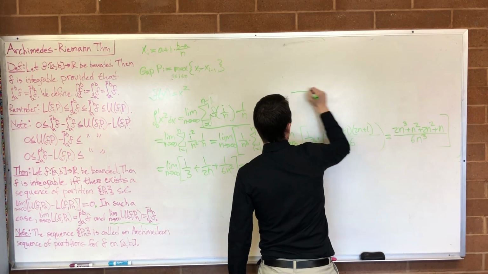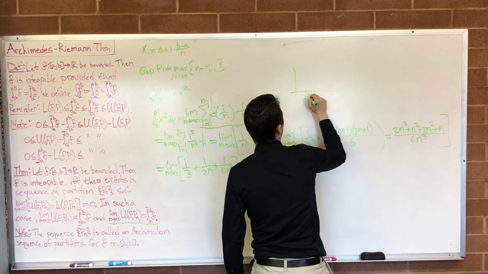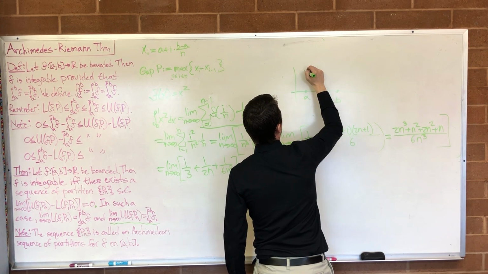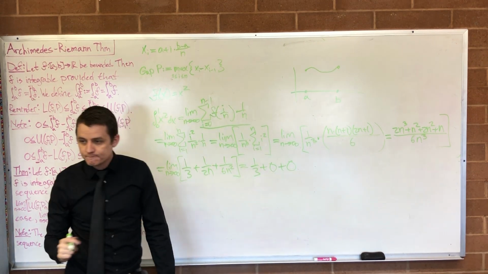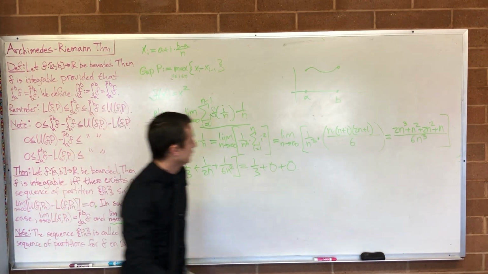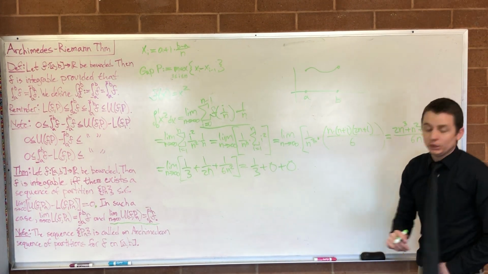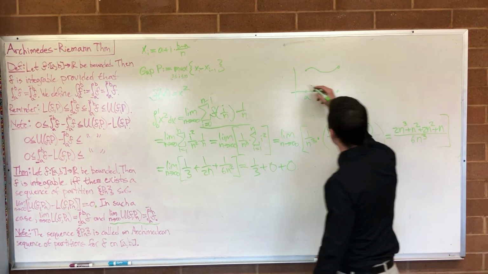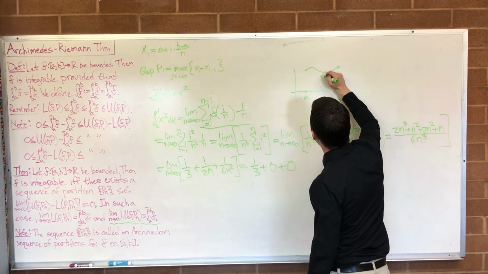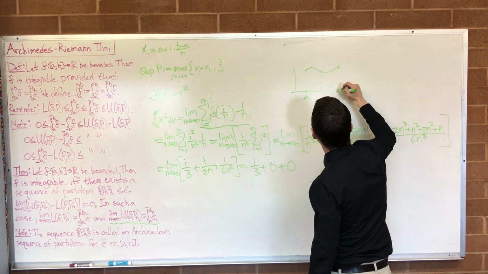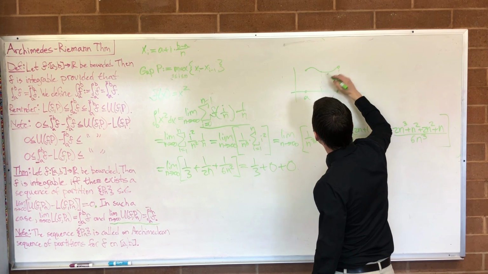So restarting the conversation, here's A, here's B. I want to recalculate the area under this curve from A to B. And the teacher would say something to the effect of, well, one of the ways that we could approximate this is exactly like what we talked about. Divide this up into halves,